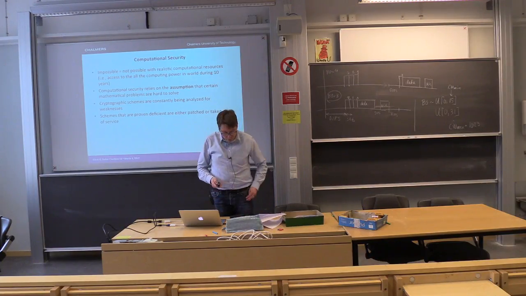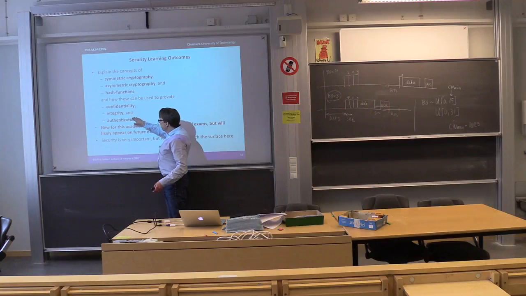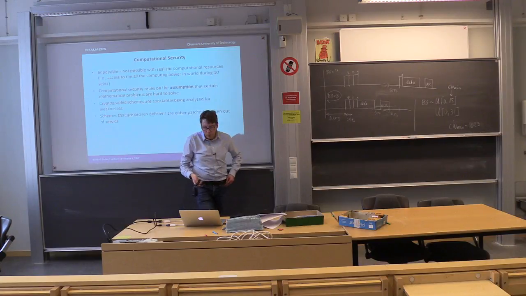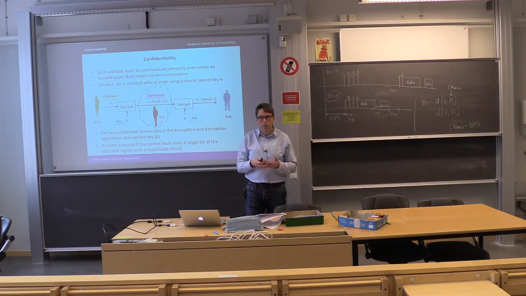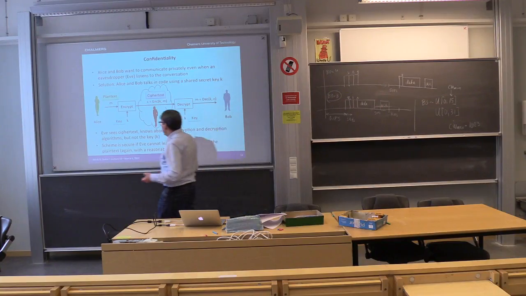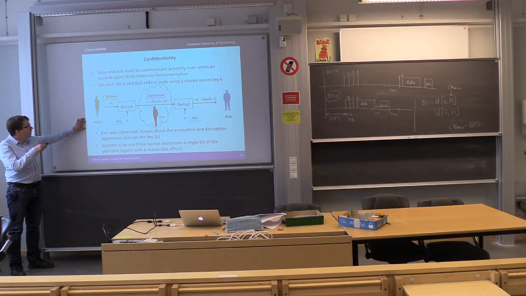Okay. So now let's go into what we mean by these things and how we can provide those with these types of tools. The first thing one thinks about when it comes to security is confidentiality, to keep things secret. The prototypical setup for secrecy is that we have Alice, who would like to communicate with Bob. Alice has a message, which is called the plaintext, that she would like to deliver to Bob